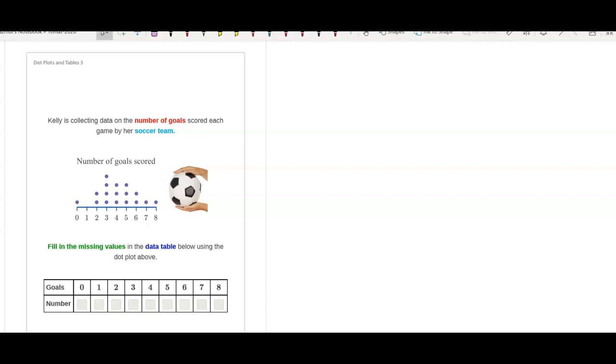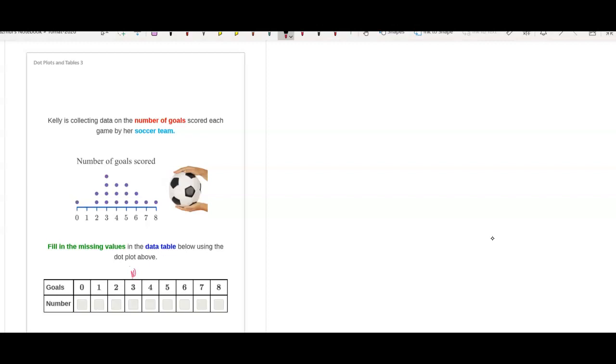Kelly is collecting the data on the number of goals scored each game by her soccer team. Number of goals scored is shown over there. So that means 0, score 1, 2, 3, 4, 5, 6, 7, 8. Wow, 8 goals. That will be something. Fill in the missing values in the data table below using the dot plot above. So if I'm looking at this one, 3,